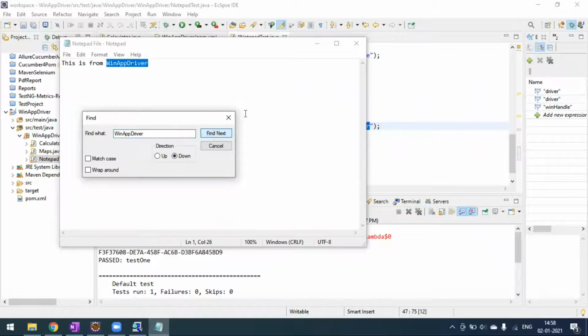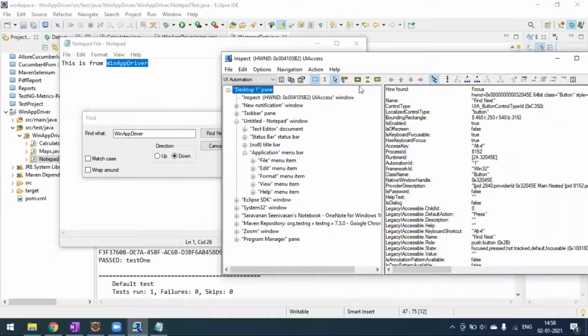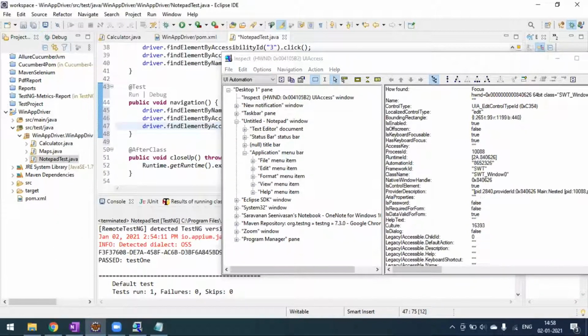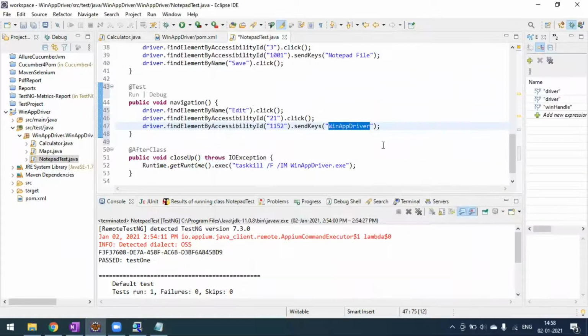after that, we have to click on this find next button. Okay, so I will highlight this find next button and we'll try to locate the ID or name. So here you can see that we have a name, right? Find text. Find text is the name value. We'll copy it from here and we'll go to Eclipse. Okay, this is the value. So now we'll copy this same line.